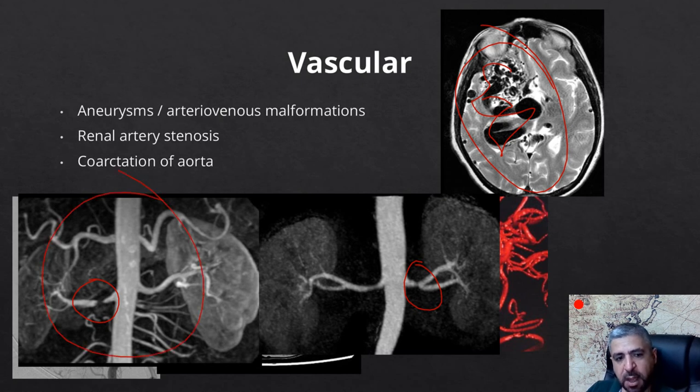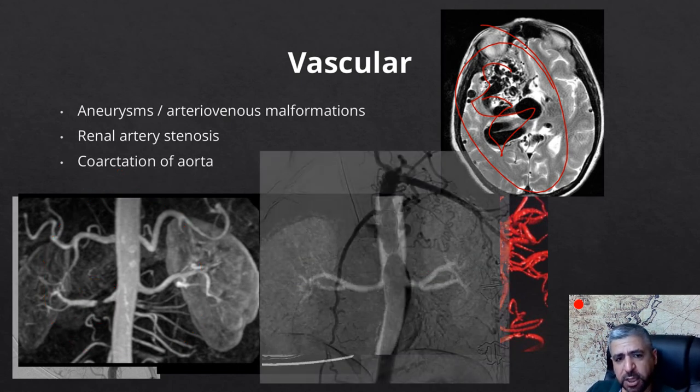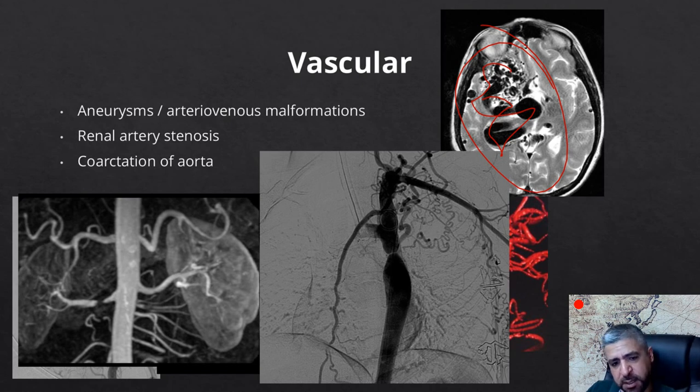This is an abdomen MRA. You can see the renal artery focal node or stenosed. And lastly, coarctation of the aorta. As you can see in this digital subtraction angiography, you can see the area of coarctation and the development of